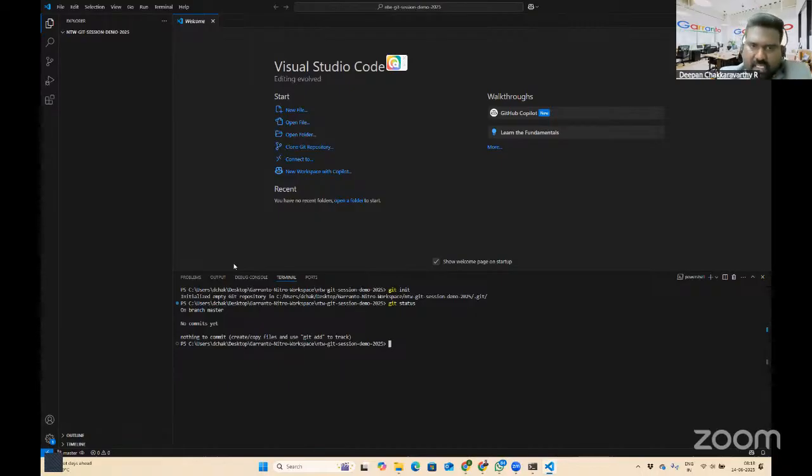This command can technically be issued multiple times, but it is a dangerous command. If git init is issued in an old project, it can reinitialize the history. You can see here, I'm saying git init again, and it says reinitialized. So the earlier commit history may be rewritten, and we might lose all the previous change histories. So this is typically issued only once in a project, at the start of the project.